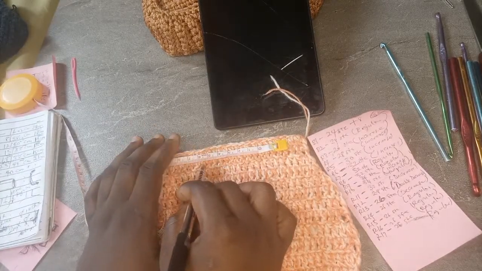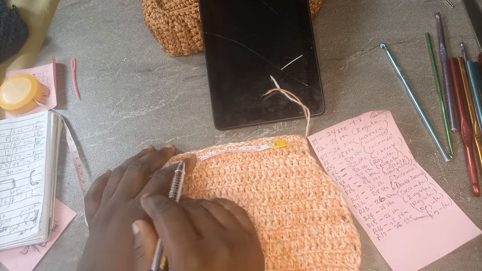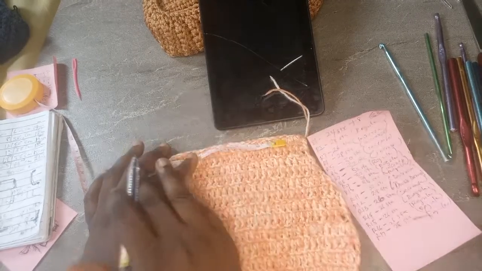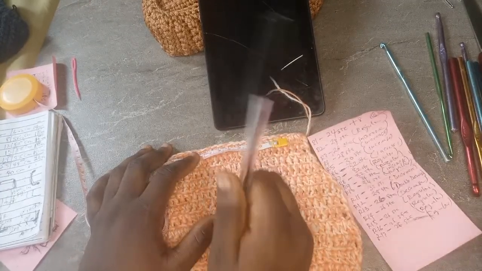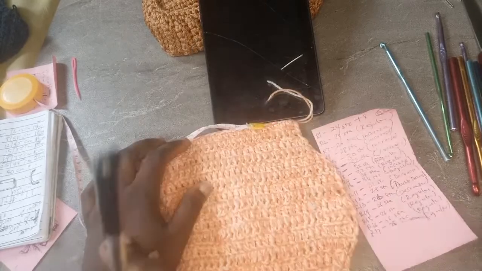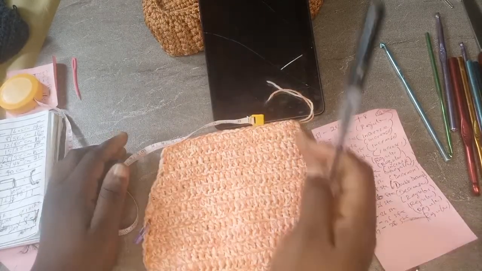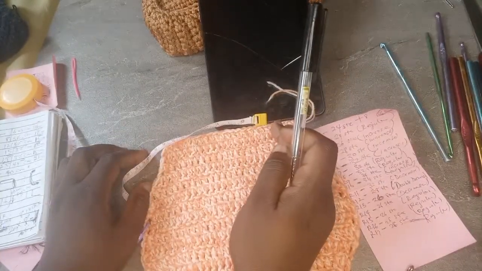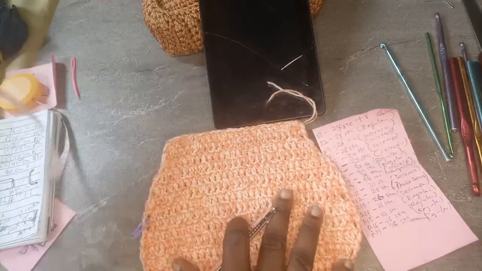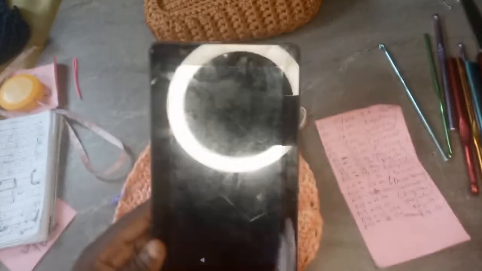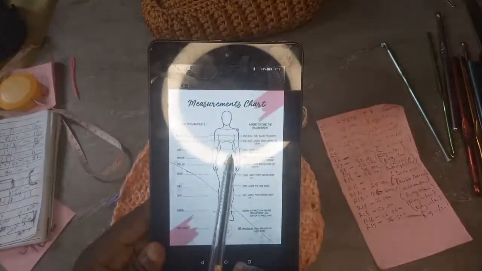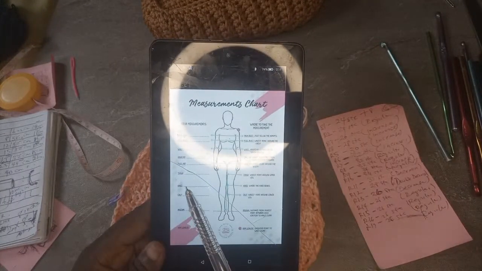So at this point you have 11, so you can just eradicate one or add one stitch, because we need something that is even, remember. Because we have to put it at the beginning, at the end, at the beginning, at the end. Do you understand? So now it's going to be 11. I remember it is an increase row, not decrease and not regular. Why? Because the difference is much. Can you see? It's the hips area, so it's an increase row.